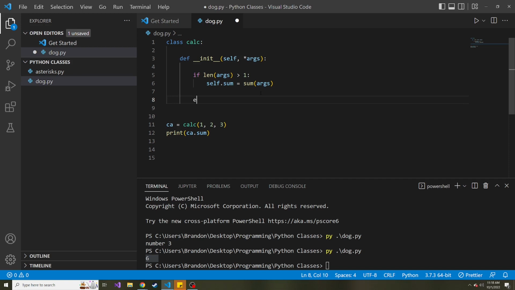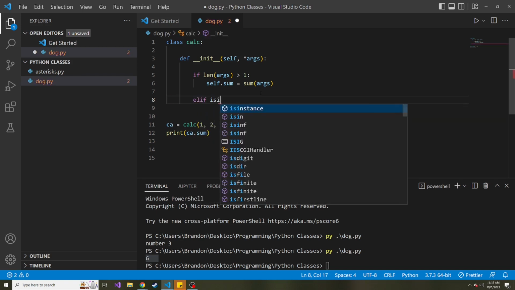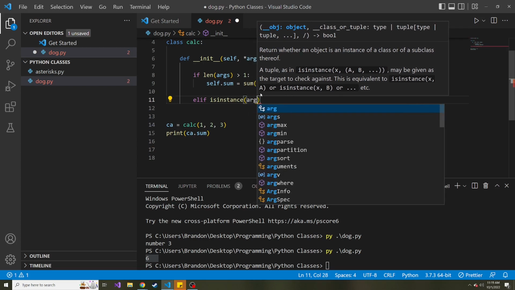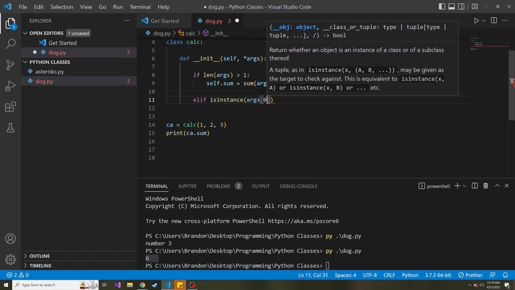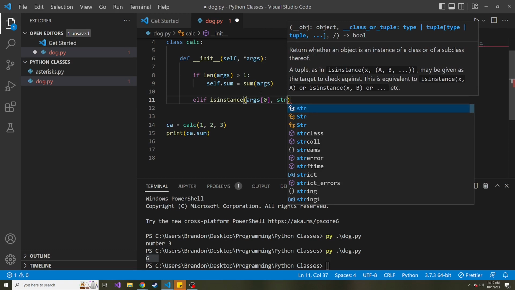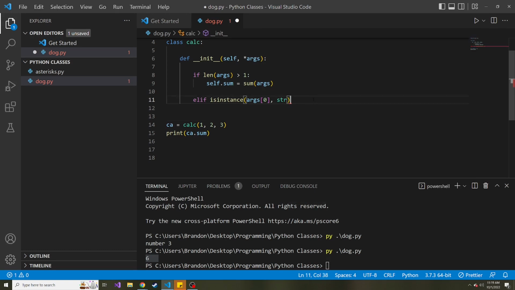So we can say else if is instance, and we talked about this in the last video. What this function does is you can pass in some kind of data, and then the second parameter is a data type, and if that data passed into the first parameter is the data type of the second parameter, it'll come out as true. So we can say args of index 0, and is it an instance of a string? So is it a data type of string? And if so, we can say